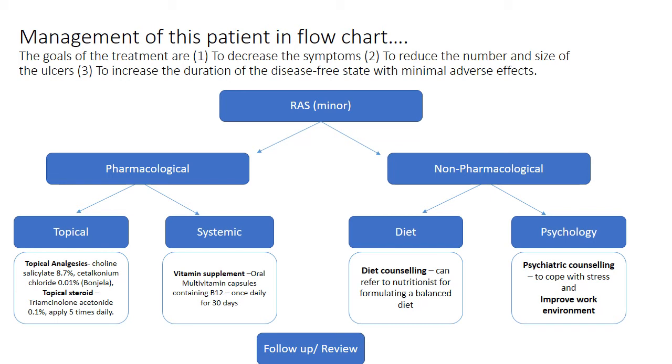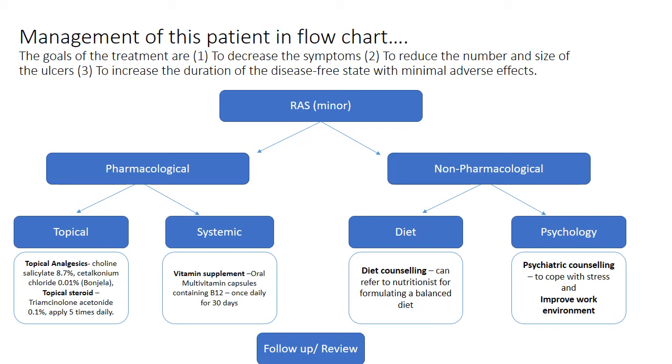Yes, when you write a prescription, it is mandatory that you write the generic name, but in certain cases you can also add a brand name, just as guidance for the pharmacist to supply the medicine to the patient. But predominantly we are supposed to use the generic name. And we can also top it with a topical steroid